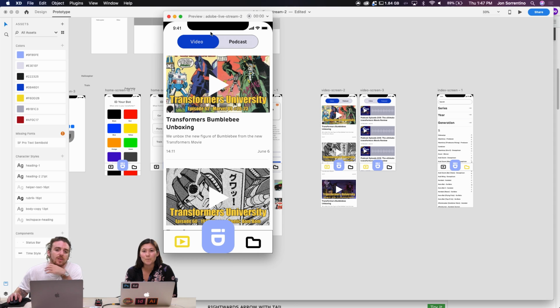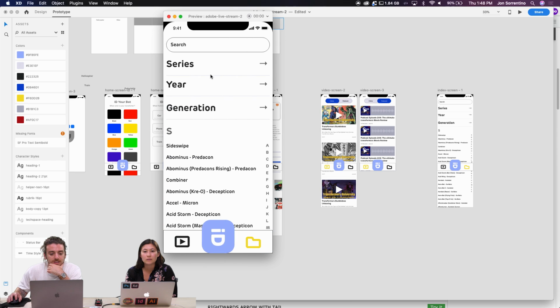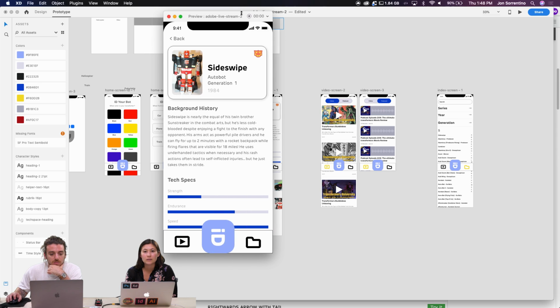We didn't try to design a specific video page. For now you can make the case that you click on a video and it plays in place. Then you can go into your index tab here, and if you click Sideswipe, this will bring you to the specific character page.